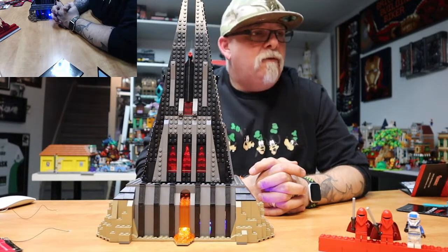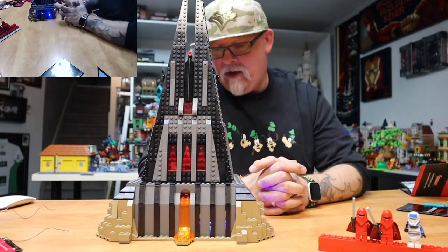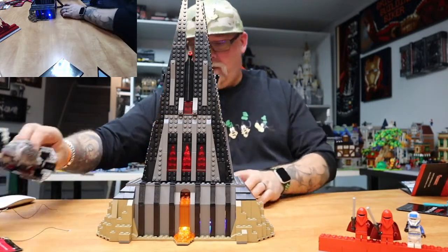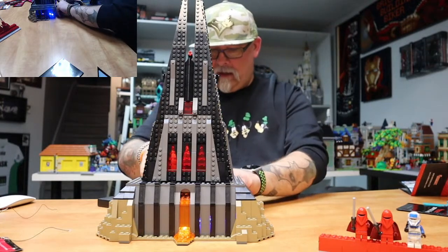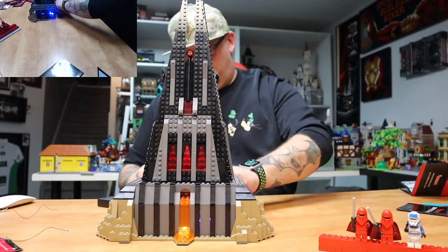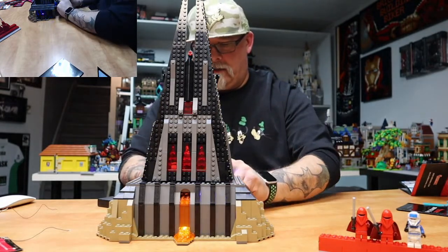Yeah, for sure, Moonman, we'll get that TIE fighter figured out. But like I said, you know what? It might look pretty cool because you could actually put the power pack behind it. Let's just do this. Let's check this out. You could put the power pack behind it, and